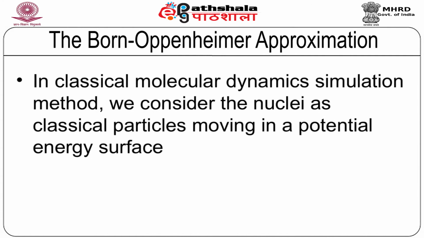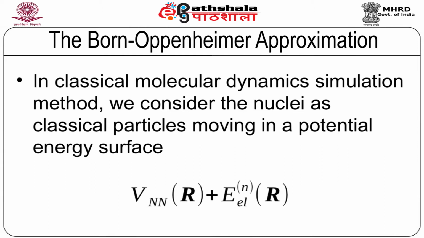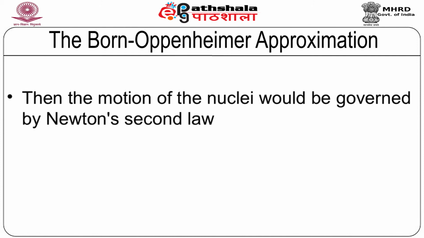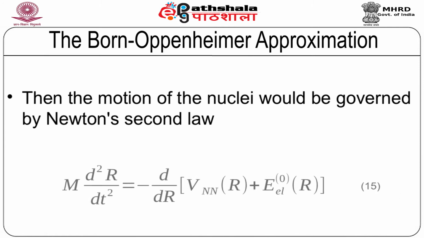In classical molecular dynamics simulation method, we consider the nuclei as classical particles moving in a potential energy surface, VNN R plus ELN R, where the electronic energy is mostly of the ground state configuration of the molecule, which can be written as EL0 R. Then the motion of the nuclei would be governed by Newton's second law, which we can write as capital M d2r dt square equals minus d dr